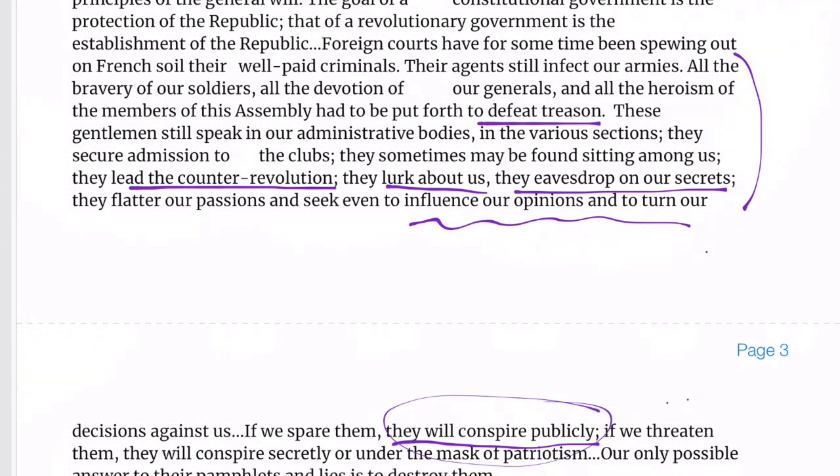There might be some of them that even threaten us, and that they are conspiring secretly under the mask of patriotism, that they're trying to tell us that, hey, we're here for the right reasons, we support you, but maybe they're actually not. So you can put down that he's kind of talking about why it's important to cut their heads off during the Reign of Terror, right? Why it's important to be suspect of different revolutionaries, because they might not all be in it for the right reasons. And that is your document on Robespierre.